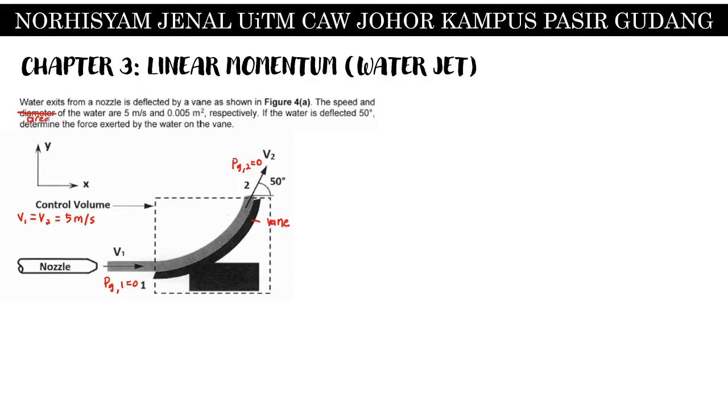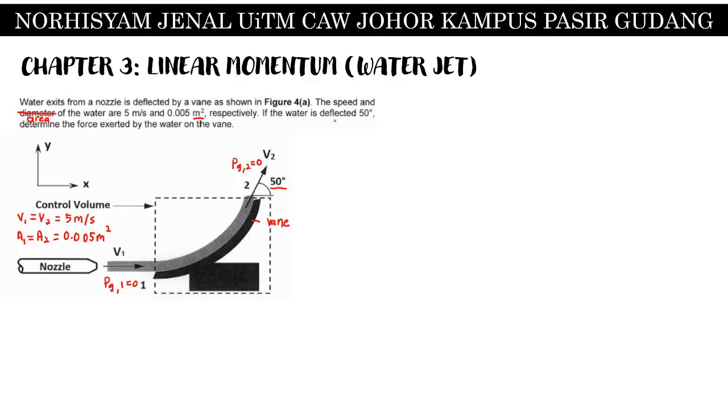It might be the area, because the unit over here is meter square. So the area, again, is uniform. We don't see any difference between point 1 and point 2, so we can consider that A1 equals A2 equals 0.005 meter square. If the water is deflected 50 degree, here we have 50 degree, determine the force exerted by the water on